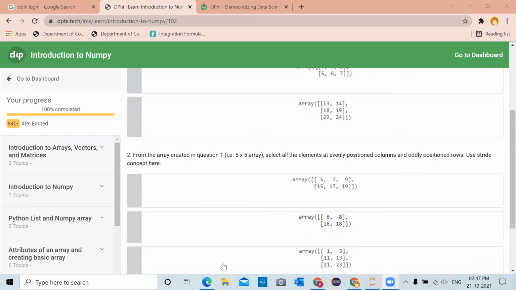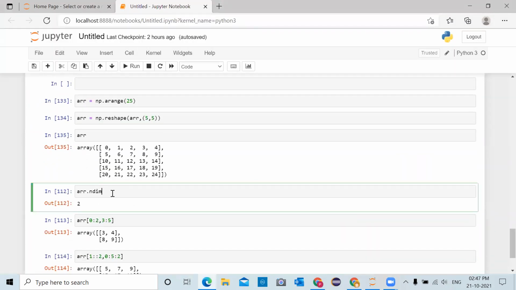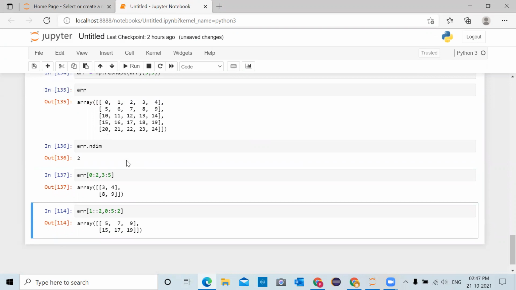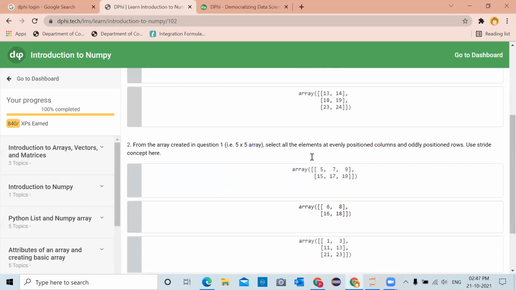So in the Jupyter notebook, in the array, we started from 0 to 2, we ran till 3 to 5 and we got the output 3, 4, 8, 9. Now, the next question. The next question also we will take in detail.